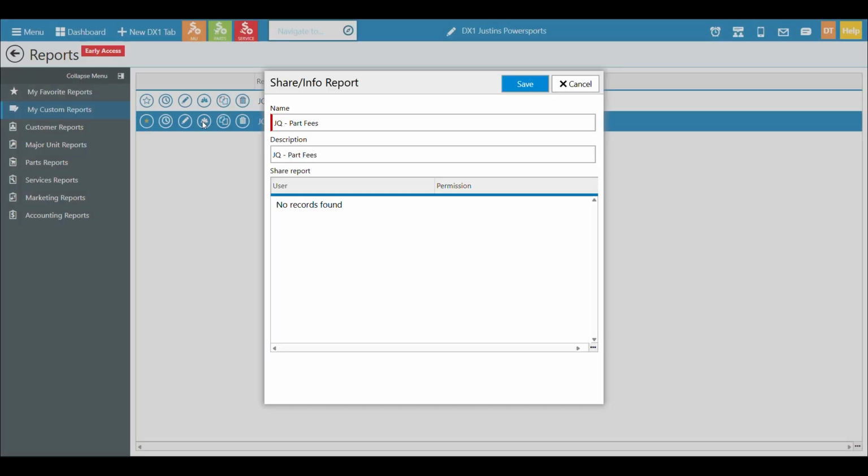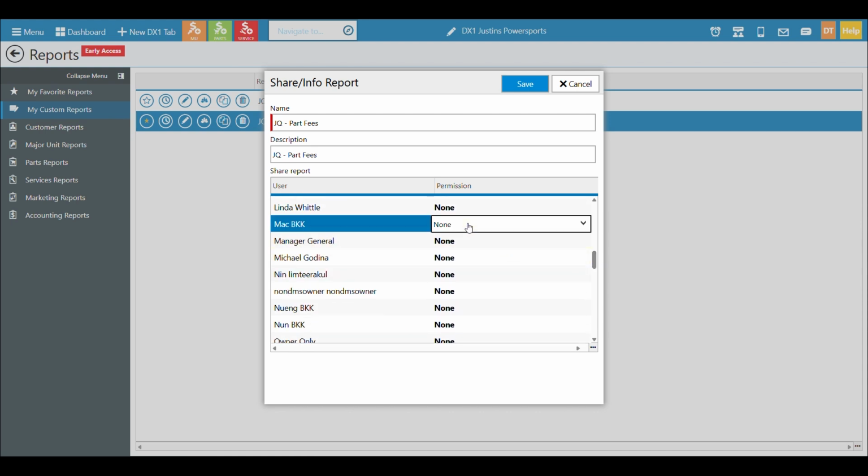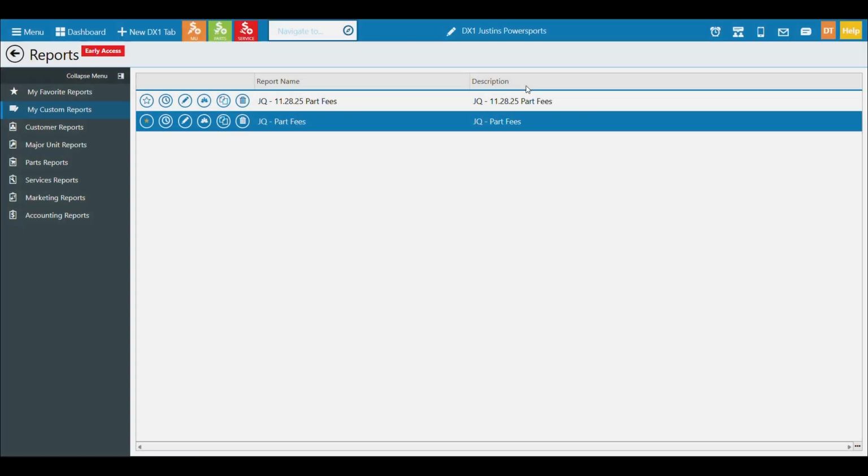I can also decide who has access to the report. This is why it was important to assign who the owner is. Right now, none of these users have permission, but I could go in and decide that I want to let Mac have read and modify, or full access. I can set that, hit save. And I can even copy a copied report again, or I can delete my custom report here.